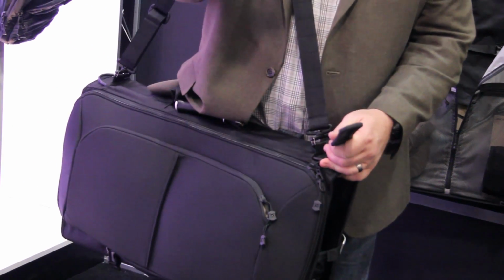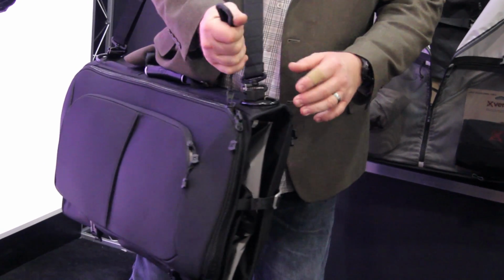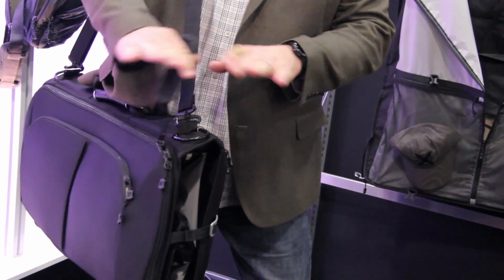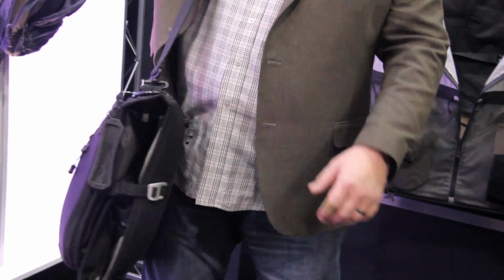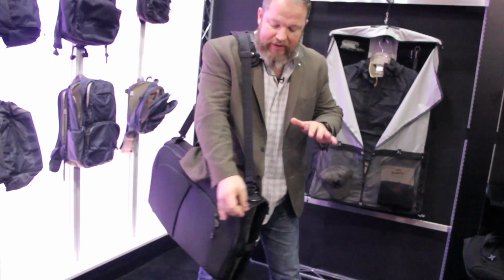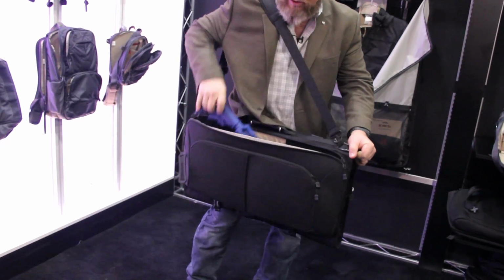One, it allows you to get to it quickly, and two, if I need something in another portion of the bag, when I grab this, it should trigger my brain saying, hey, that's where the guns are, let's leave that alone unless we need them. So if I'm walking into the hotel room and something happens, I can come up, stabilize the bag, the EDC pull tab comes back, and I can go in and produce a